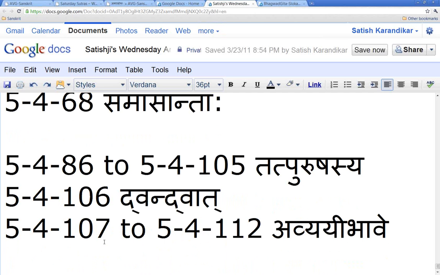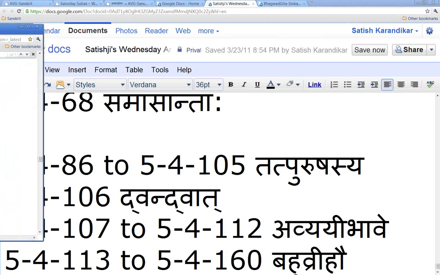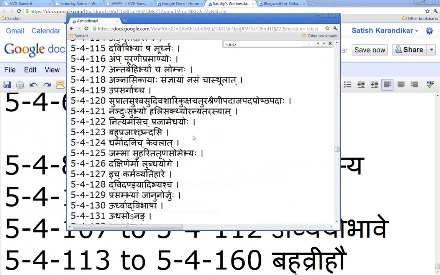Avyabhave. And then finally comes the big one, which is the 54113 to 54160. And the last of those is the Pratyaya Kap. Kap is the very last one. Bahuvrihau. The last of these, the Pratyaya Kap, like Astrikaha, Sastrikaha, one who's with his wife. So the very last 10 of those, again we're going way beyond today's lesson, is the Kap Pratyaya.